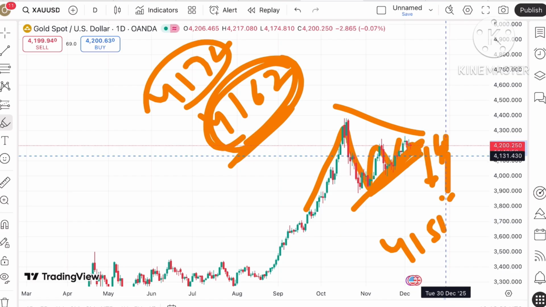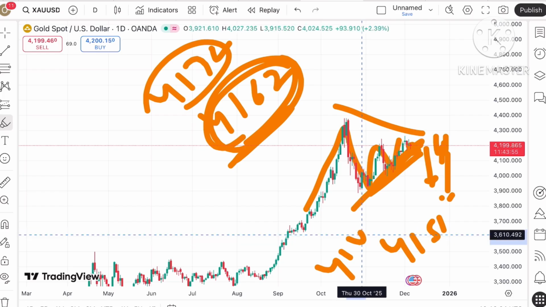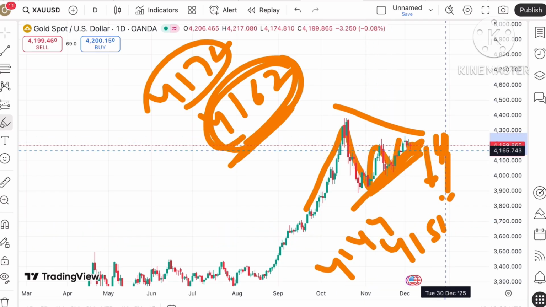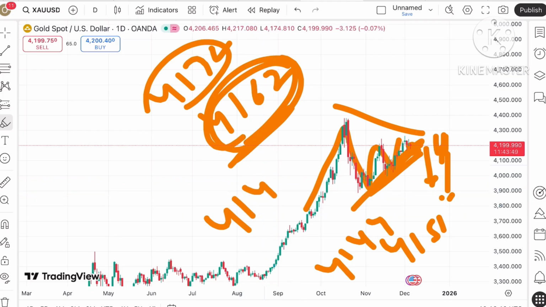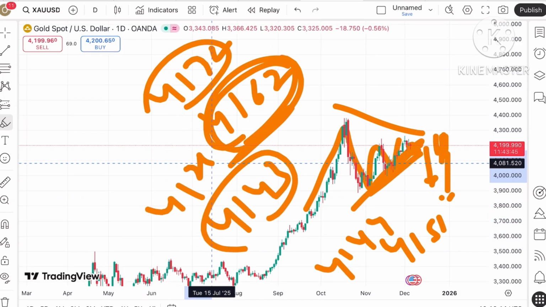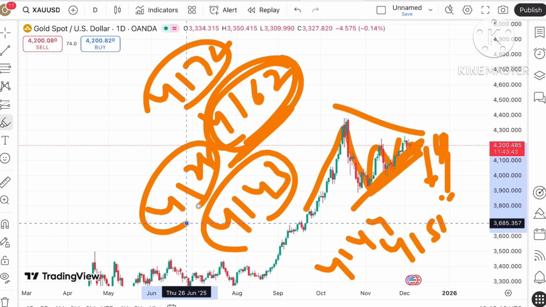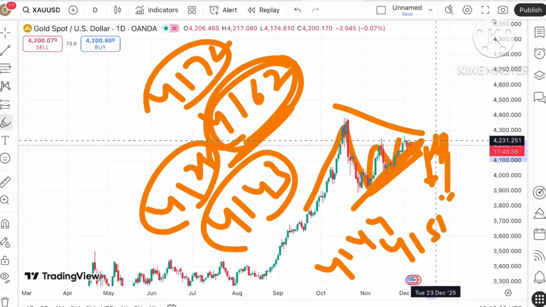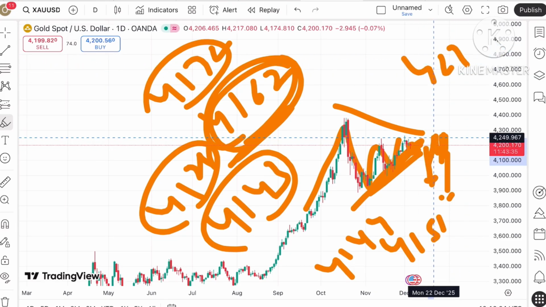$41.51, and if the price falls below this particular level, the chance of going towards a level of 41.44 will be there, and if that doesn't sustain, a further downfall can be seen towards around $41.43, and if the price falls below this level, a further downfall can be seen towards 41.28. Okay, so you have to understand this particular pattern. But if it starts sustaining above this level, the probability of going towards a level of 42.37 can be seen,